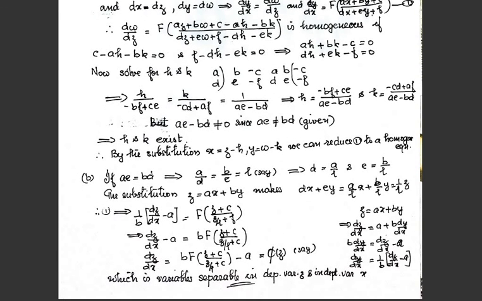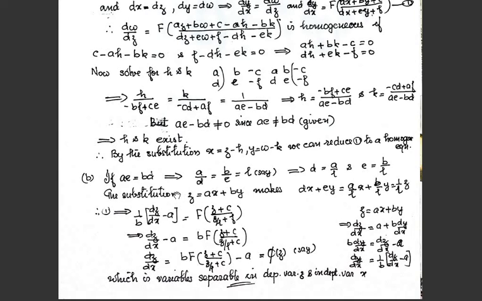Let us consider that question. If ae equal to bd implies a by d equal to b by e equal to a quantity, say L. So that d is a by L and e is b by L, and